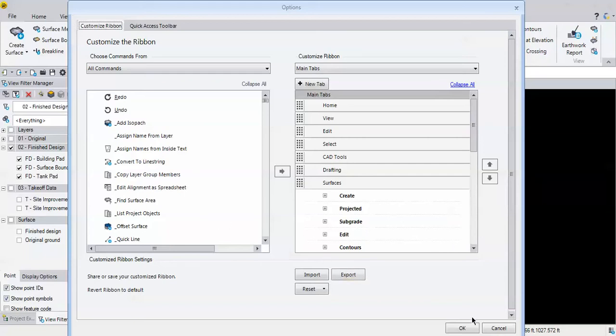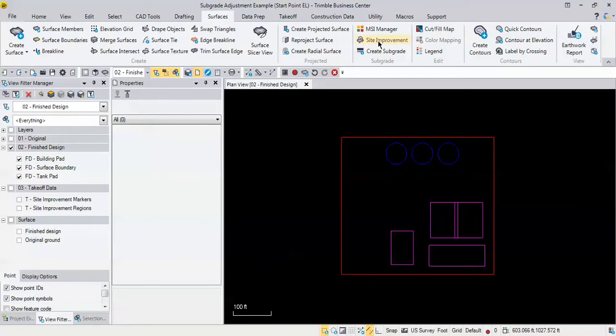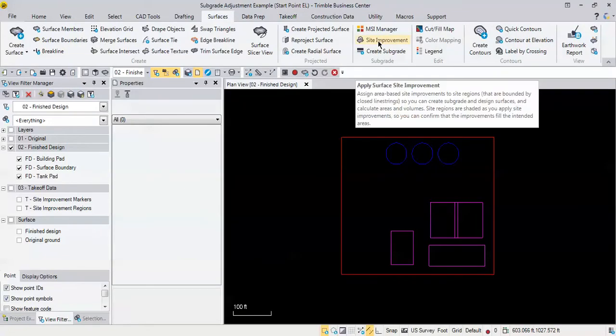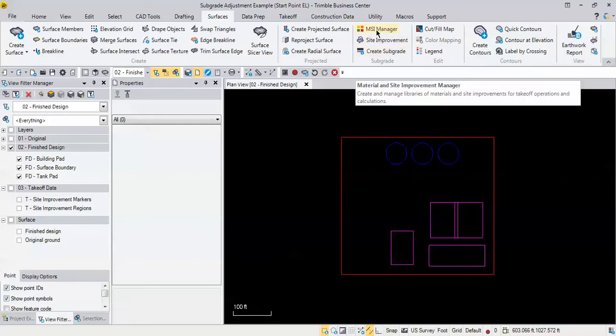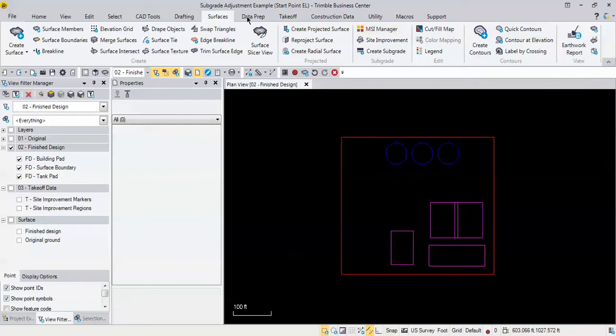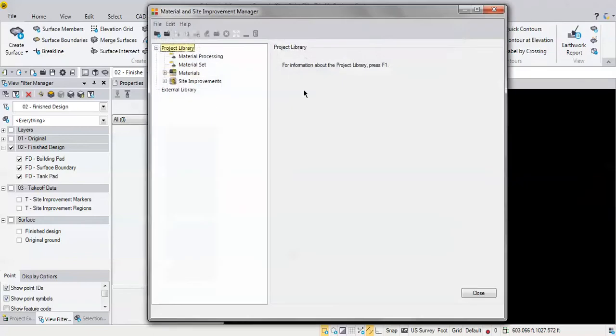If you are using version 5, they should be there. If you're using something before that, you may have to add them in. So the commands are apply surface site improvement and create subgrade surface. So those are the two that you need. The MSI manager should be in your surface or your data prep ribbon. So let's look in the MSI manager first, and what you need to have set up in here is